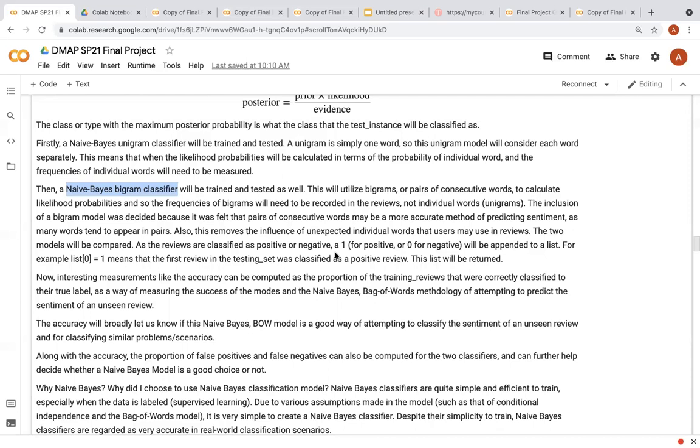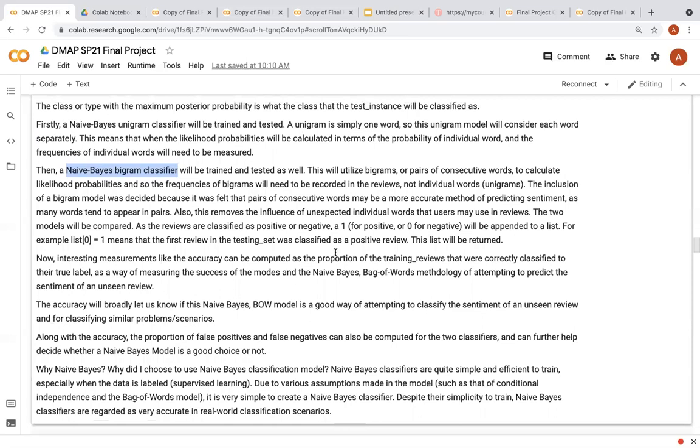Whereas in a bigram, you see not good, and the words are going together, so at least you have a chance of understanding that the review is referring to a not good, unpleasant experience. So that was my hypothesis and prior guess as to why I chose to also do a bigram classifier. In both cases, a list of predicted, classified labels is returned,